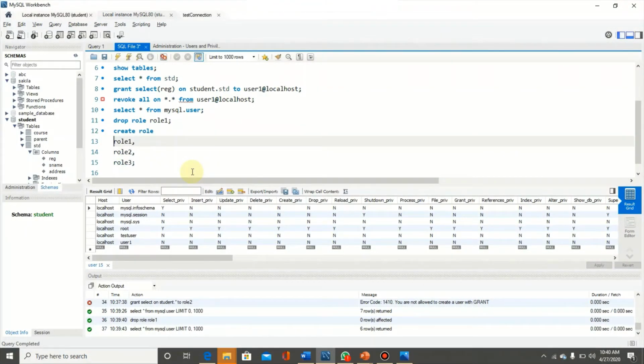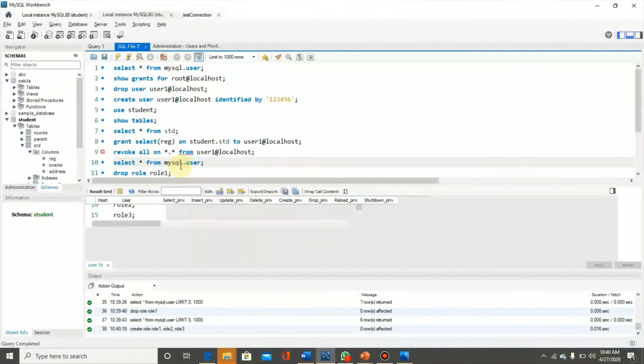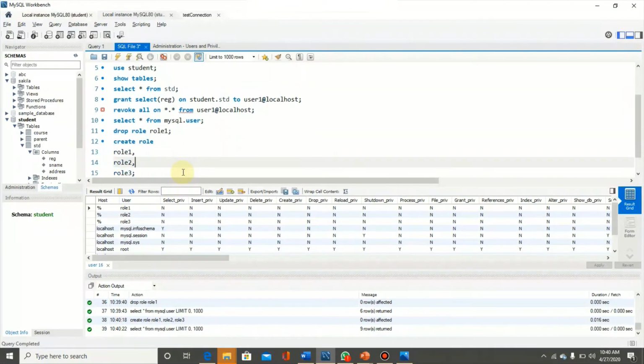Role 1 is for development, role 2 will use select privileges, and role 3 will be assigned the update, insert and delete privileges. 3 roles are created now. We can check these roles here by using the select query. Role 1, role 2 and role 3 are created. These are present in the list.